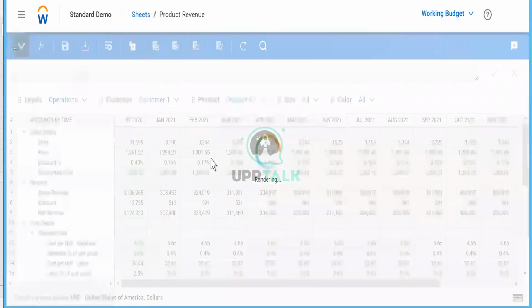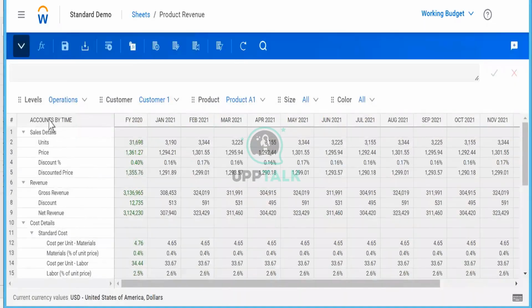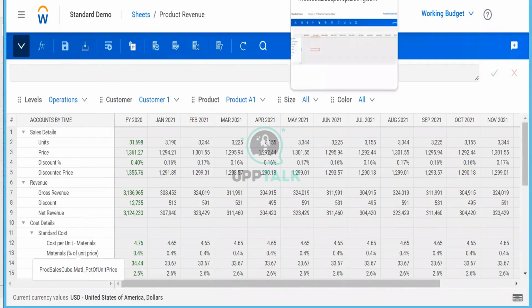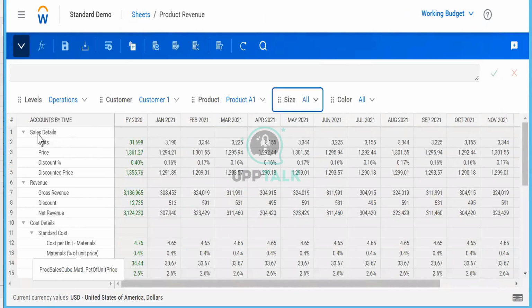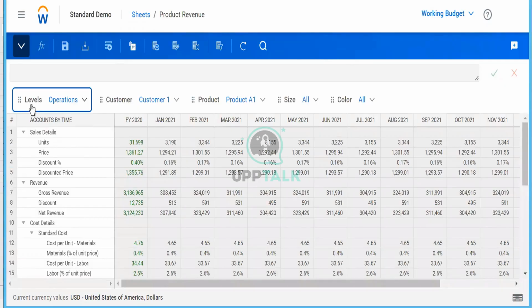We are trying to build this sheet by adding dimension. You can see accounts is, version is, but you can see this is changed. I will just show you the standard sheet. Accounts is, time is, version is. The only thing was levels was coming here in a standard sheet, right? But in a cube sheet, everything remains the same. The only thing is the dimensions have been added here.